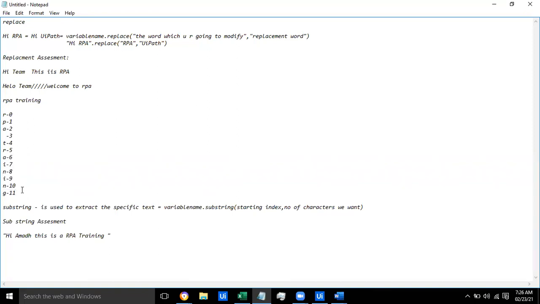So consider a scenario, guys. In that scenario, my text will be Syed 1994, that is my string. In the string, I want only Syed as my output. How can I do that? What is the code I can use here? So we can remove.